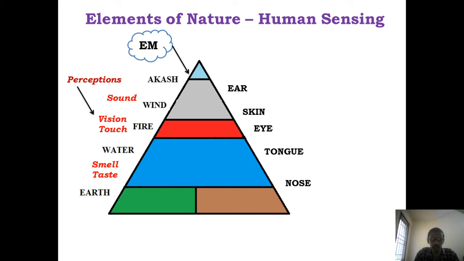I'll tell you why I went for the triangle representation. When I say it is at the top of the triangle, what I am trying to tell is EM doesn't create any perception, right? Or rather, the human body doesn't have any sensor organ that can detect the perceptions created by EM. So, EM is placed at the top of this triangle.